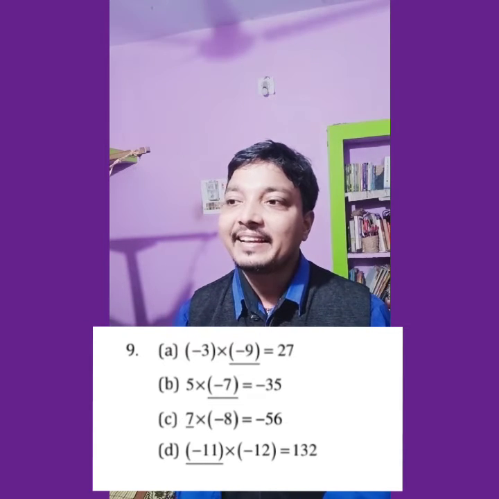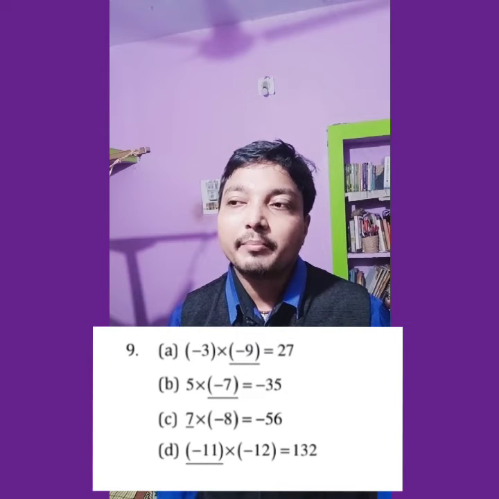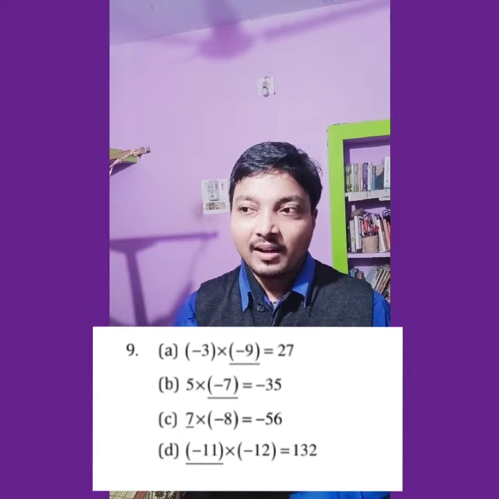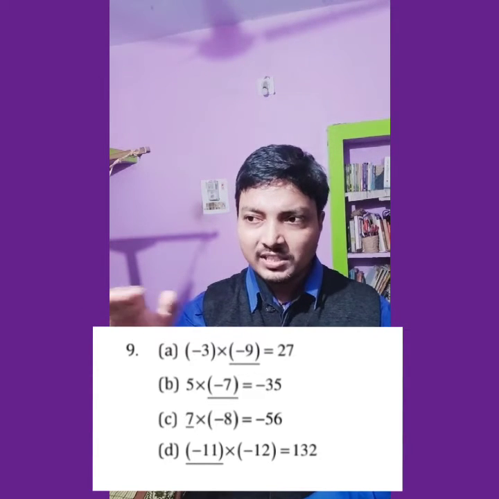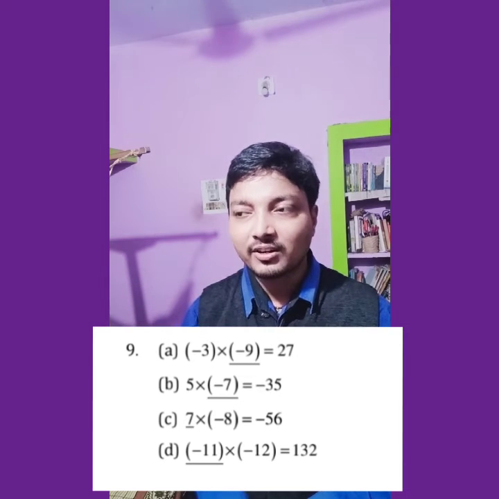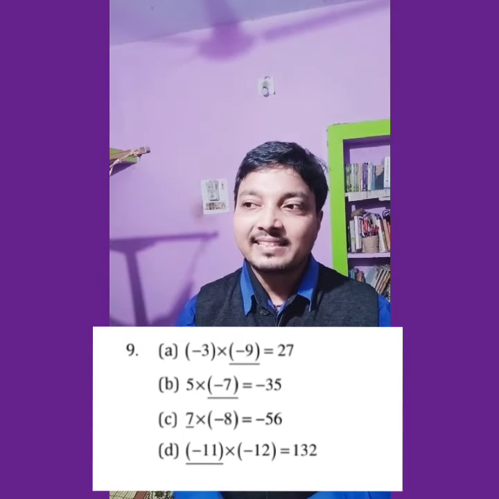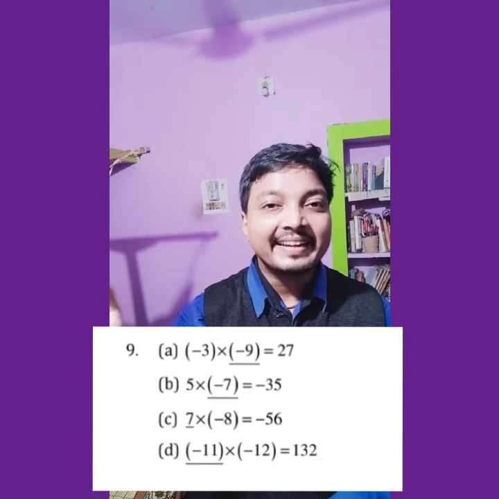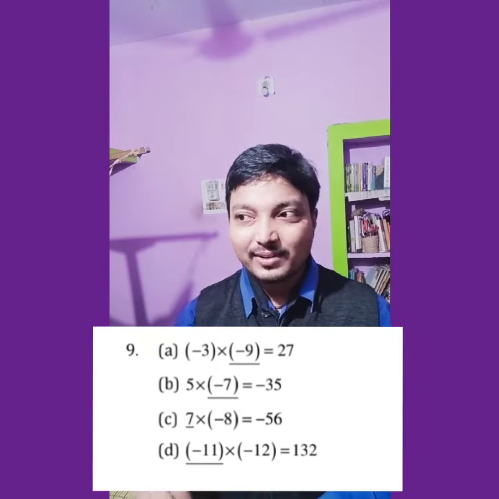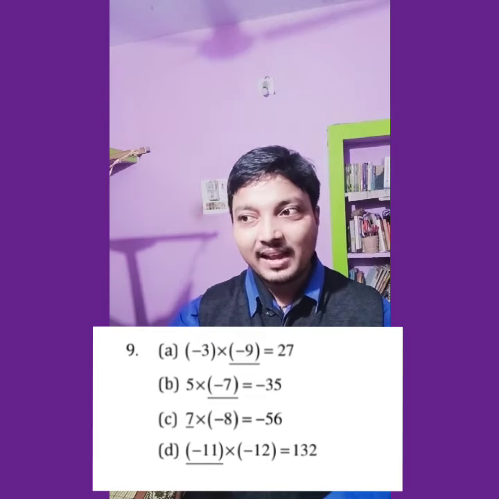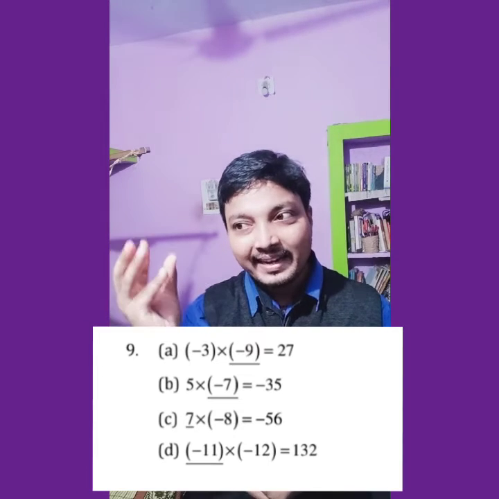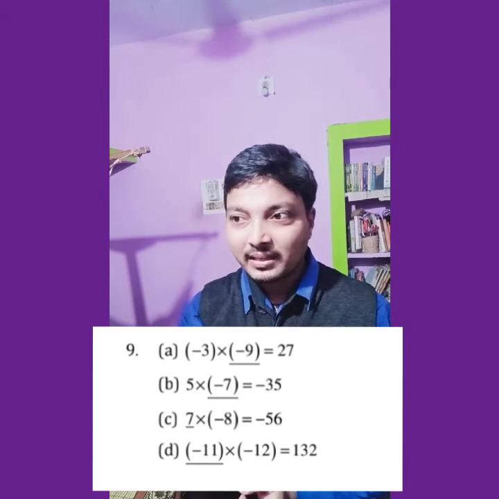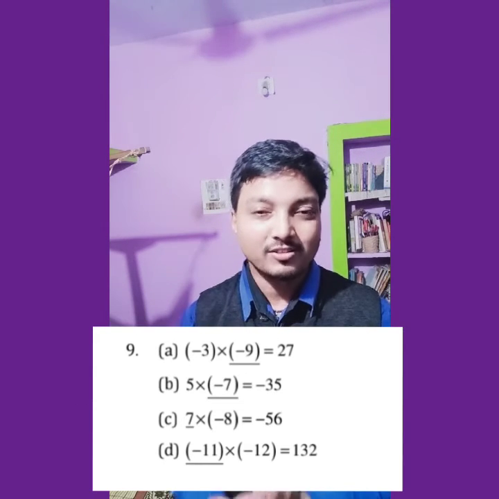And the next question: with minus 8, which number do we multiply so that we get minus 56? Thinking only of the number, 8 into how much equals 56? 8 into 7 equals 56. The right side product is negative and the 8 is negative, so negative must be multiplied with positive so that the product is negative. So that number is plus 7.